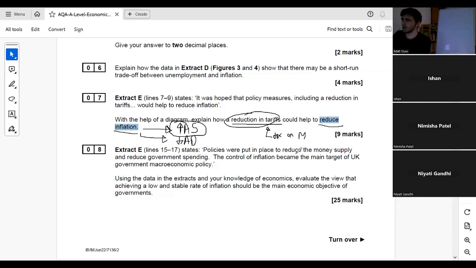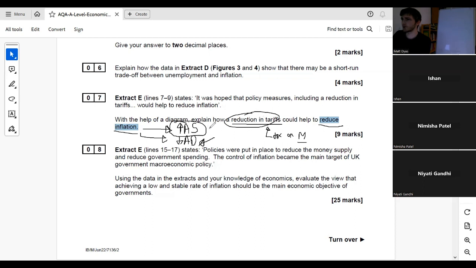So a lot of you guys, your initial response did correctly spot that imports are going to get cheaper. But then why exactly you link that to AD increasing, I'm not sure. Typically, we would say that imports getting cheaper is going to mean more demand for imports, is going to mean higher M. And again, because it's a negative component of AD, AD would then fall. So I think that would be the typical easy basic understanding, and that's perfect because that would mean this option is open to us as well. In fact, we could go either road here to help reduce inflation.